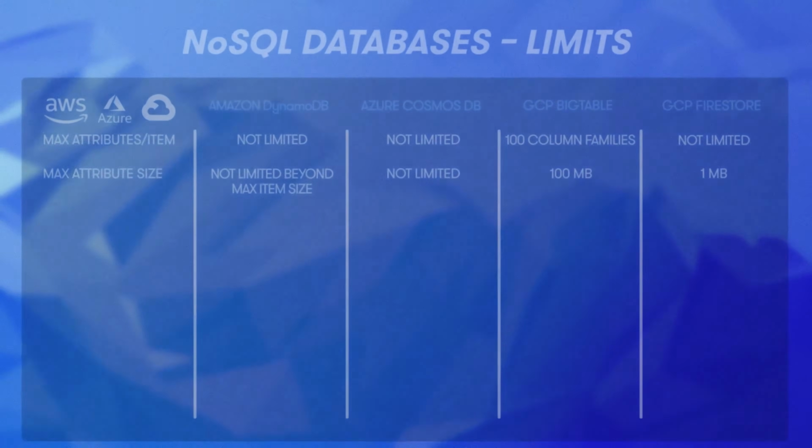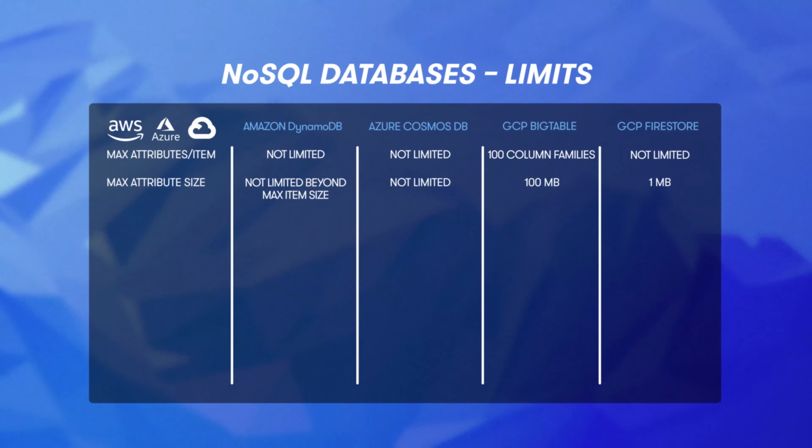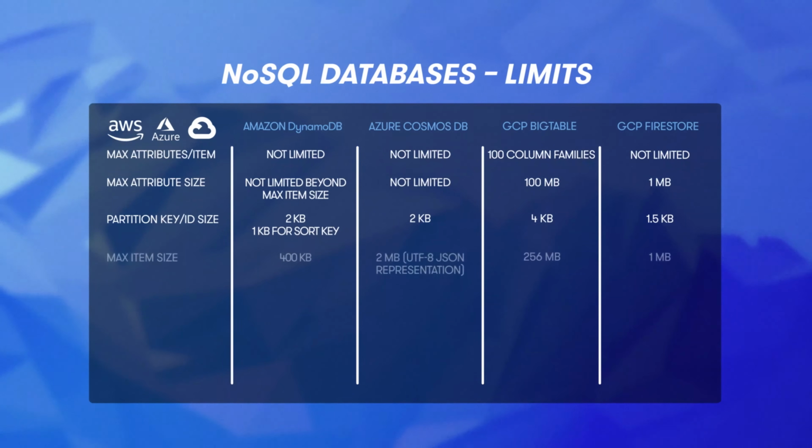Each service has different underlying designs, which create various limit characteristics. For instance, the attributes on an item are limited in Bigtable and Firestore, but not in DynamoDB or CosmoDB. All databases have a limit for partition keys and IDs in the low kilobytes. Looking at the next level up, an individual item, there's a wild amount of variance, particularly with a relatively low maximum item size in DynamoDB and a relatively huge item size in Bigtable, although that size includes all versions of